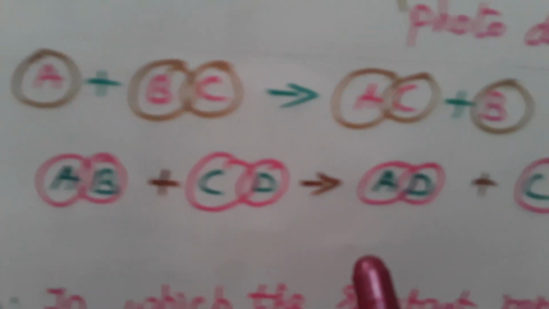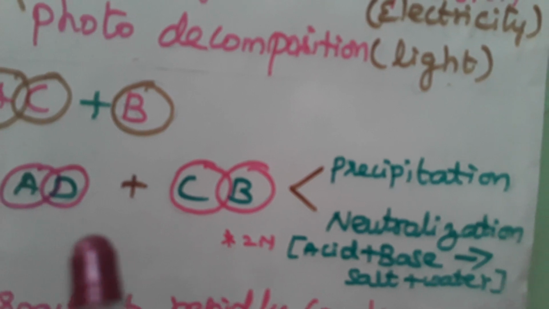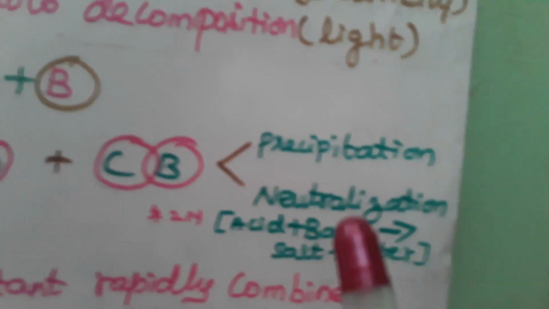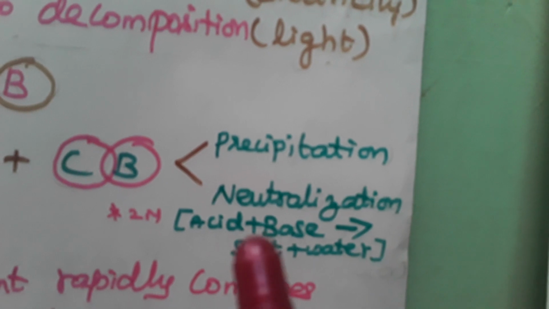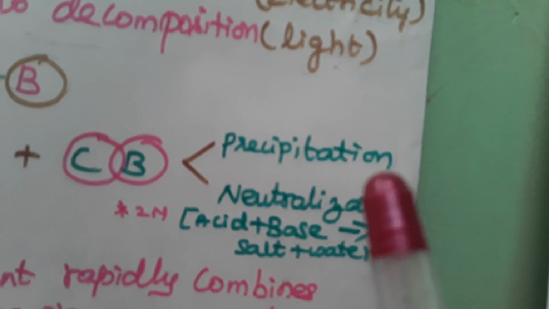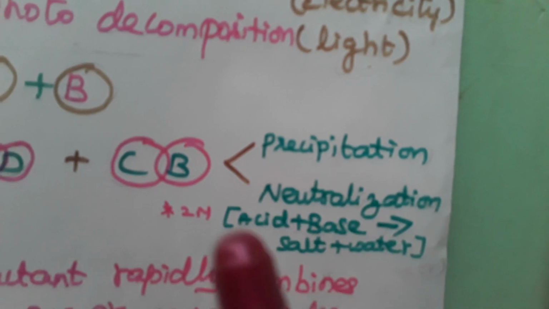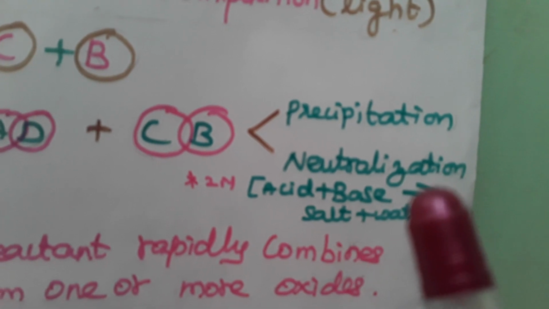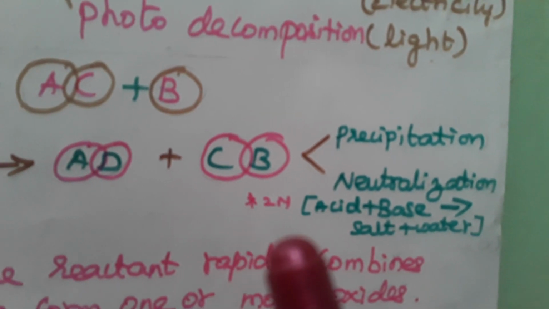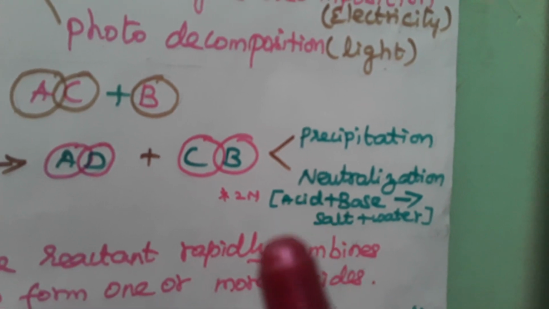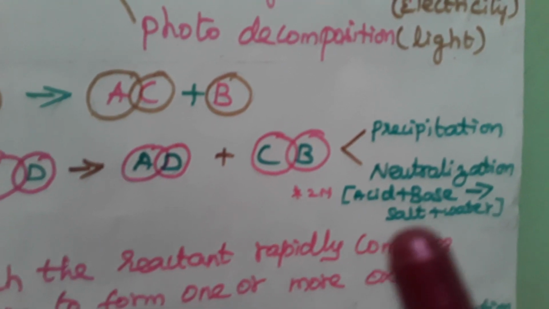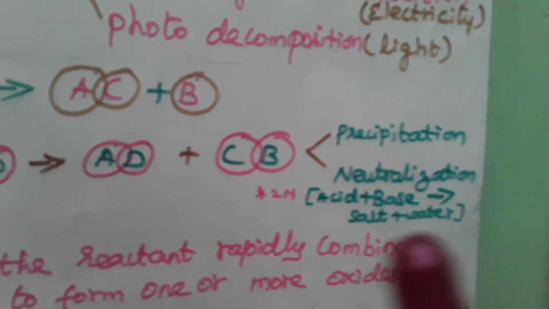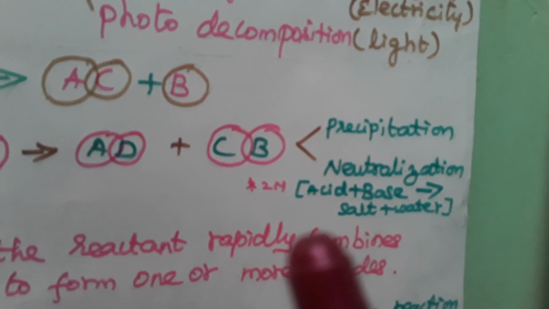double displacement reaction. And this double displacement reaction has two classes. One is precipitation, the other one is neutralization. In case of precipitation reaction, one of the products we obtain is a precipitate, so it is called so. In case of neutralization reaction, what is neutralization reaction? It is also a very important 2 mark question, students. Please remember, when an acid reacts with a base, it gives salt and water. This is called your neutralization reaction.